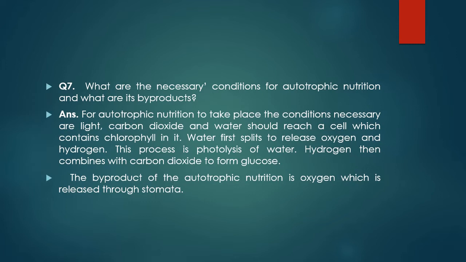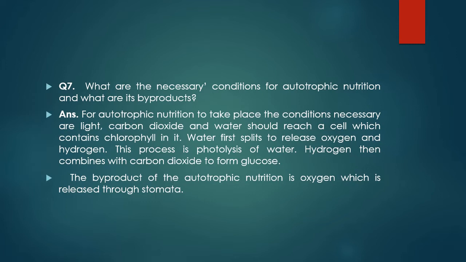Water splits to release oxygen and hydrogen. The process is photolysis. Remember this, photolysis: breaking in the presence of light. Water is split into H plus and OH minus. The H plus ion will reduce NADP and OH will release the O2. That hydrogen with NADP makes NADPH, or directly you can say that hydrogen combines with CO2 to form the